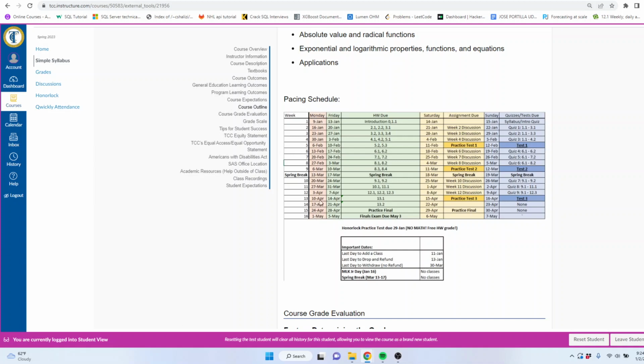Here, Monday is just the start of the week, so I want you to think of our weeks for this course to be Monday through Sunday. Monday's kind of a new start. Then you work through and do the weekly assignments. Homeworks are due on Fridays of the corresponding week,